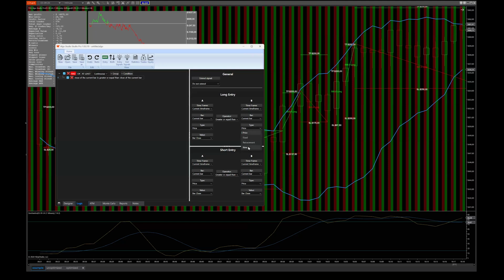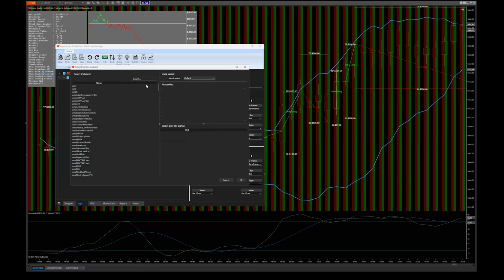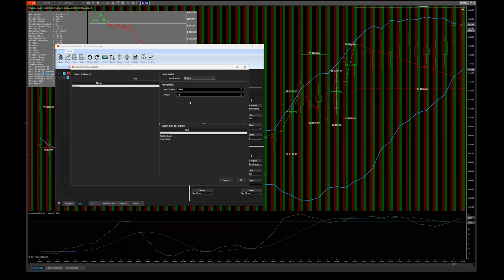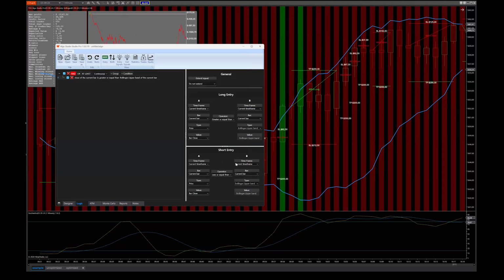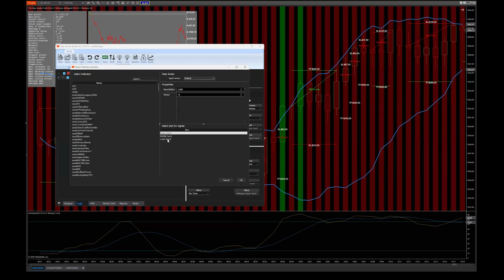So I am going to select new, and that allows me to select an indicator. So I'm showing Bollinger, and I'll just use the default settings, and I want to compare it with the upper band. And for the shorts down below, we're going to do the same, but we want to look at the lower band, of course.